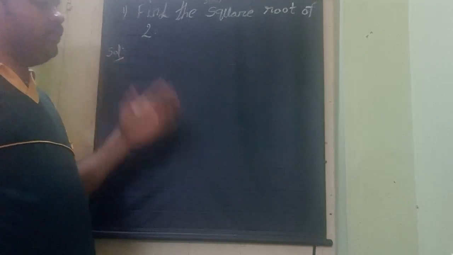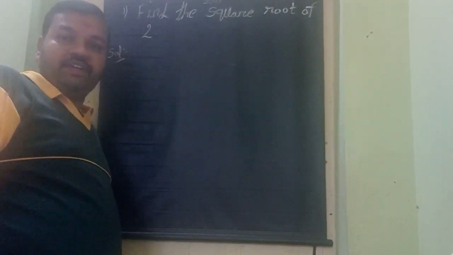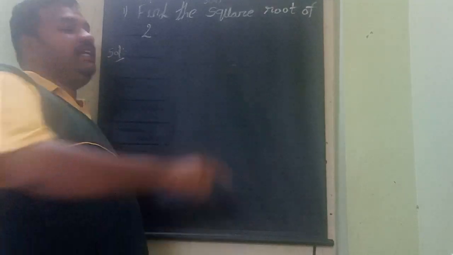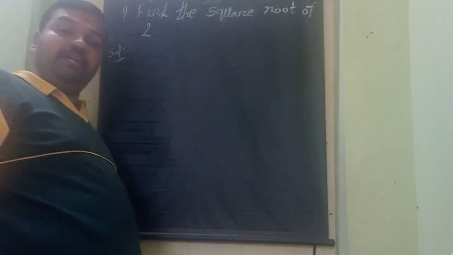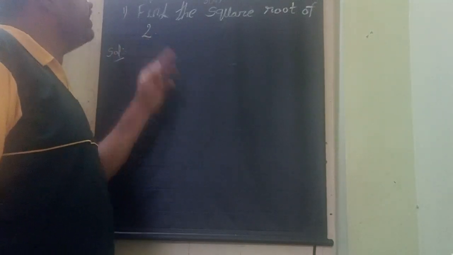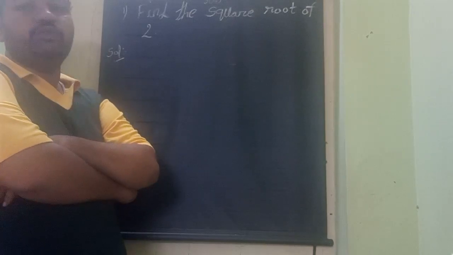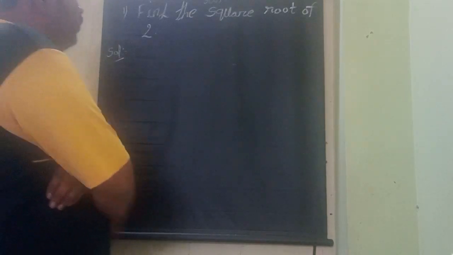Today we are doing that one here, find the square root of 2. There is no root for 2. We have the roots of 1 squared is 1, 2 squared is 4, 3 squared is 9, 4 squared is 16. But here for 2 it is not there. But we can find the unknown roots also. Particularly, 2 is called an irrational number, but we can find the root for this irrational number 2 also.